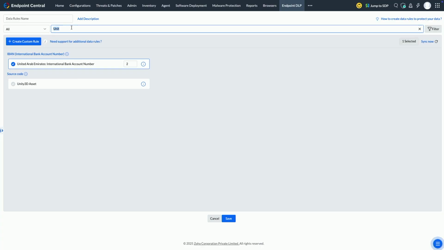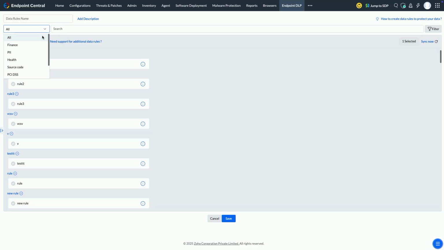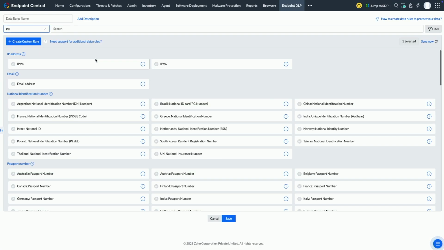So by selecting the country, by selecting the region, I'll be able to figure out what data is crucial for me. Is it related to personal information? Is it related to social security number? Is it related to banking information? Is it your driving license? I can pick and choose whatever is sensitive. And then once I create my policy right here and deploy it for all the employees, these critical informations will ensure even if the end user is going to take a snapshot and push it out through email, or is trying to print this information, all of these can be restricted.